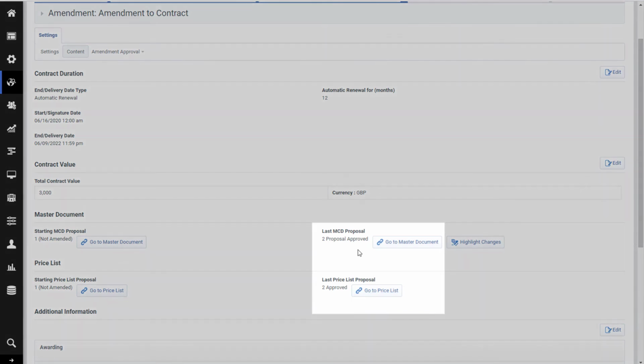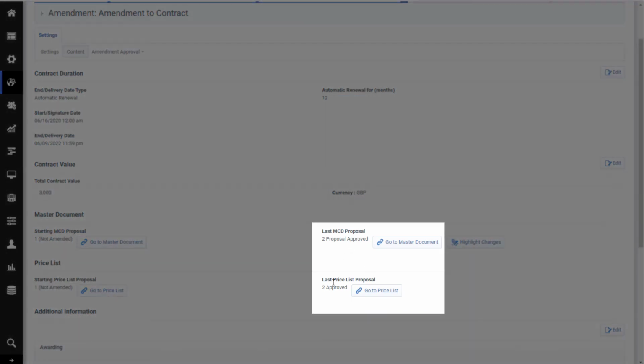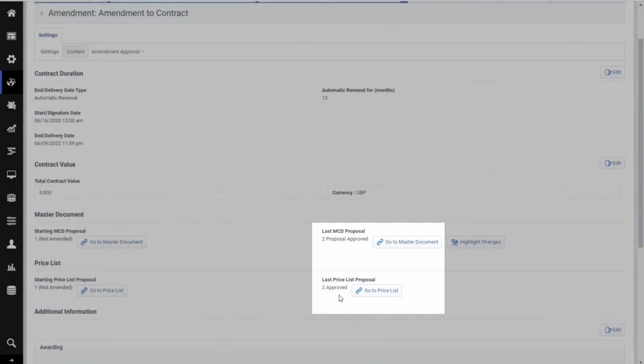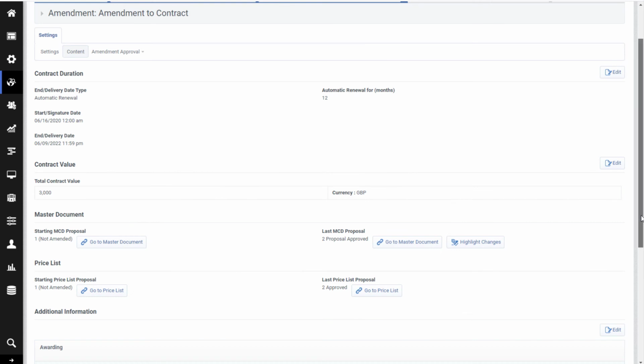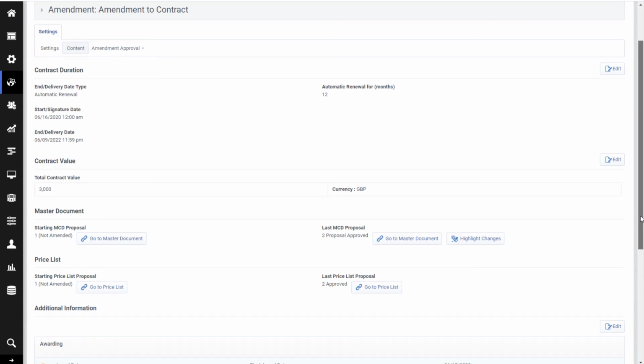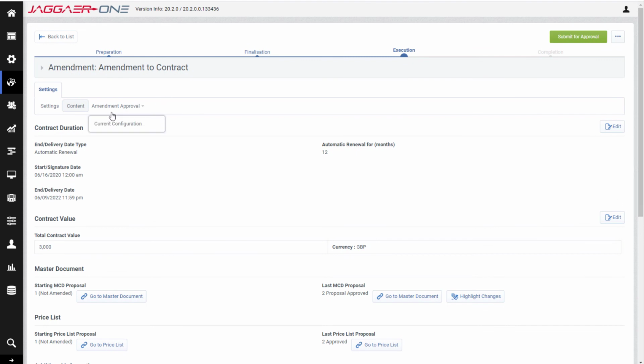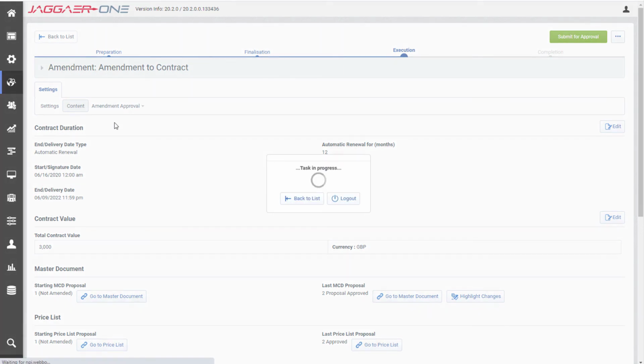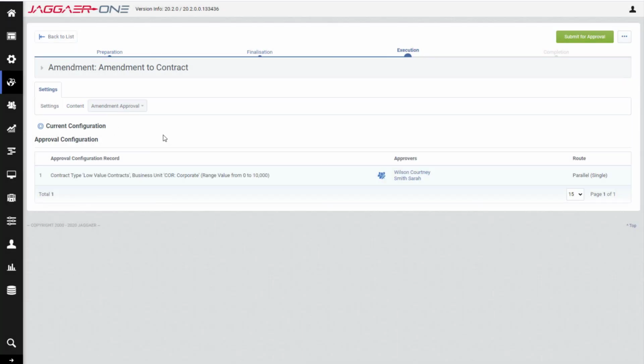Now my master document second proposal has been approved, and my price list proposal has been approved. So because those two things are approved, we are ready to submit our amendment for approval. We can view the amendment approval current configuration here. Because we are using the approval matrix that I mentioned in our last